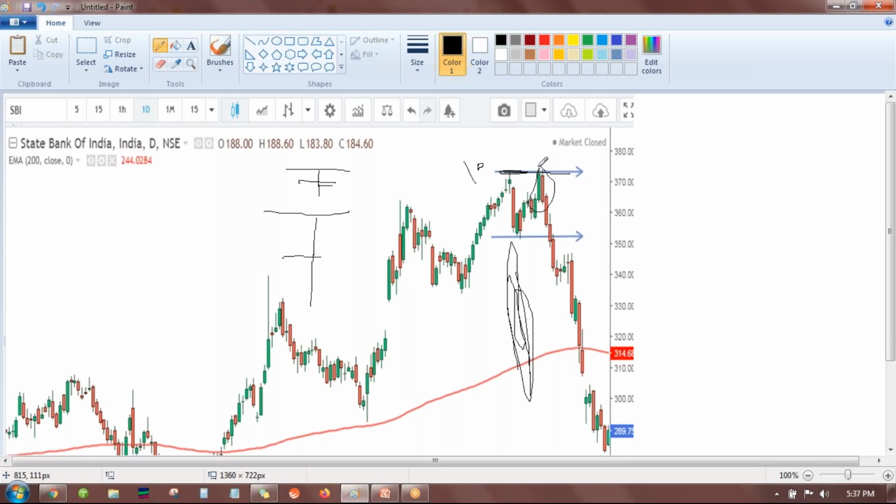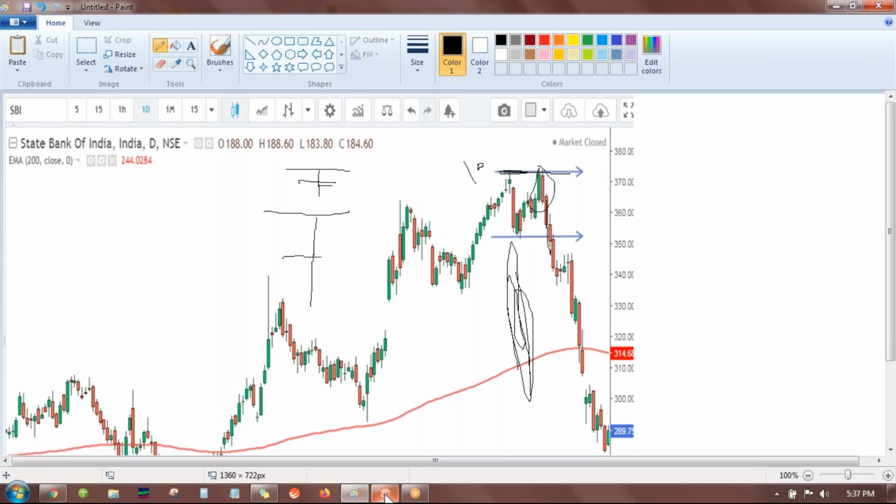Once you get experience with this setup, you will get to know what to look for. So again, I am repeating this: do not directly jump into the market to trade this setup. Take at least 5 to 6 paper trades. Even after taking a trade, look at the movement of the price. How is it moving? Is it moving as I expected? For example, here we have taken a trade. It is moving in our direction. Still good.